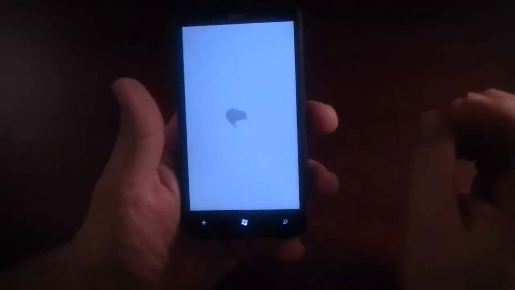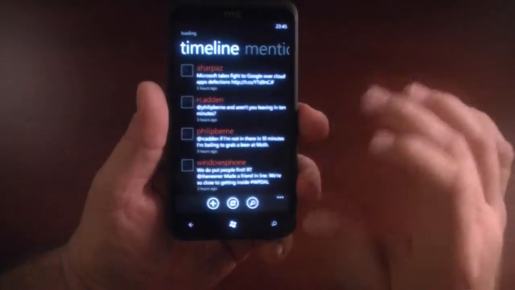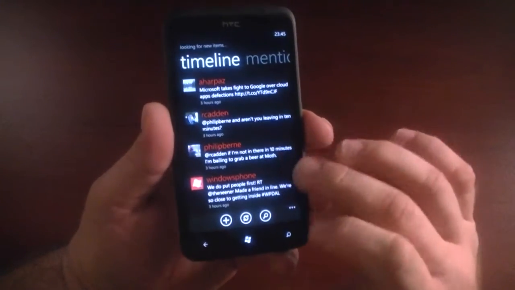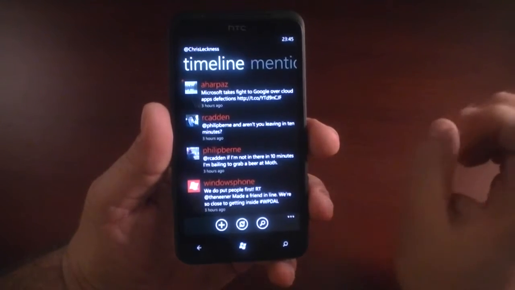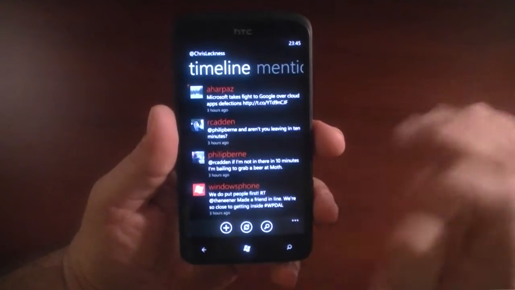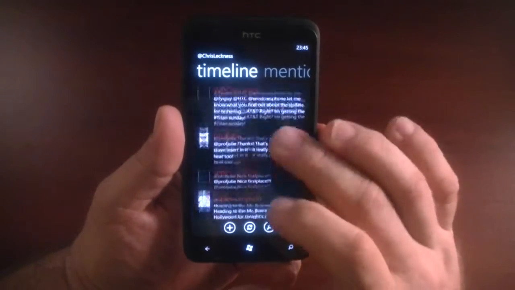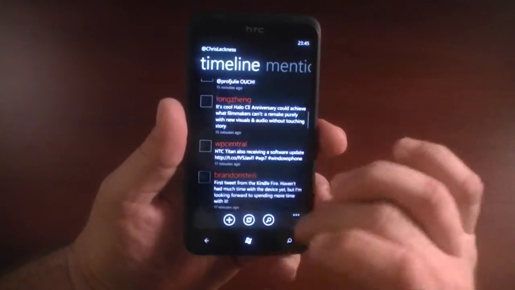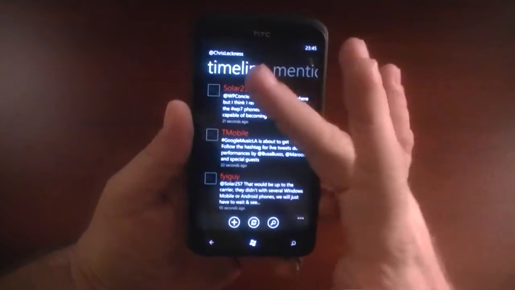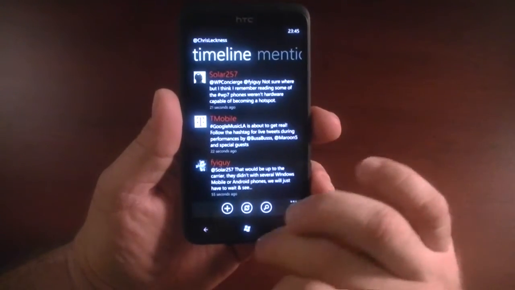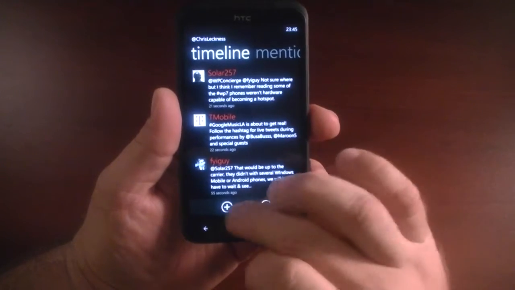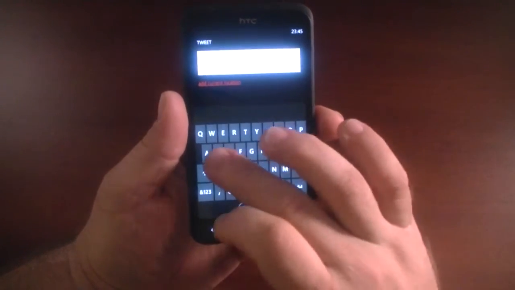It's very feature rich, and it actually has live tiles that work. If you notice, before I clicked on that live tile, it showed me that I've had a direct message and an @reply since the last time. So what I'm going to do here, you can scroll all the way back up, or you can hit timeline and go all the way to the top, and that's the last tweet there, 21 seconds ago. So I'm going to go ahead and make a tweet and say somebody